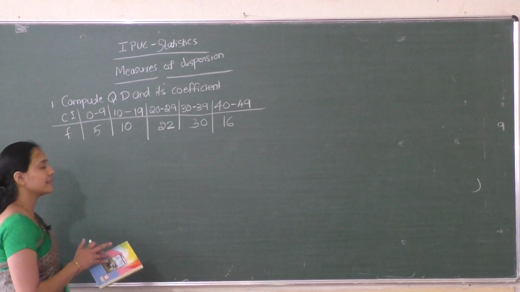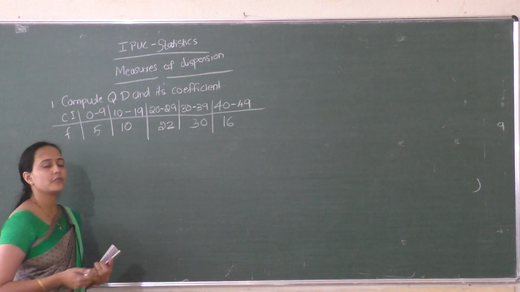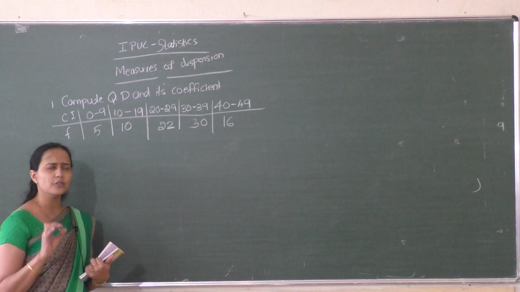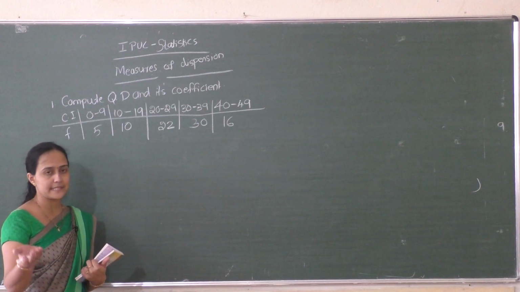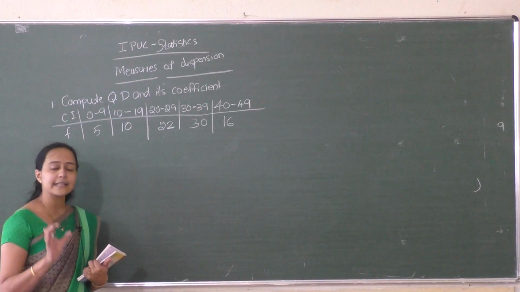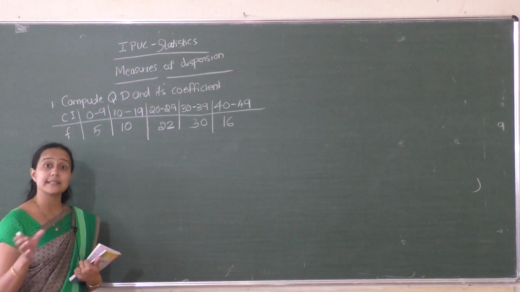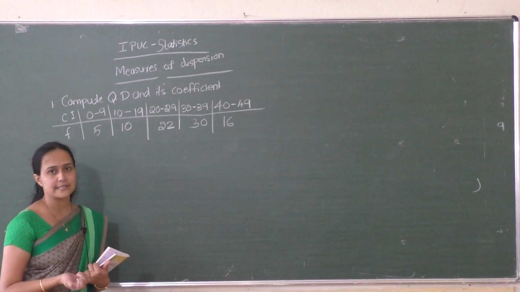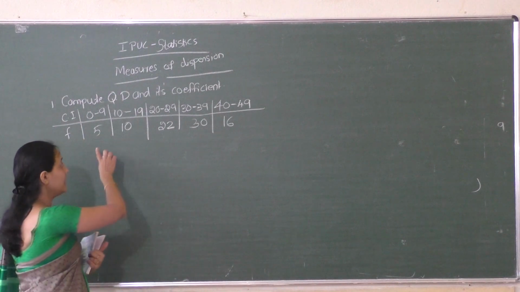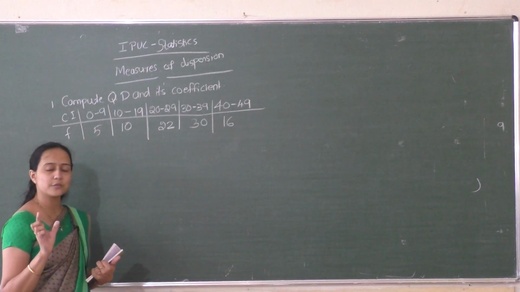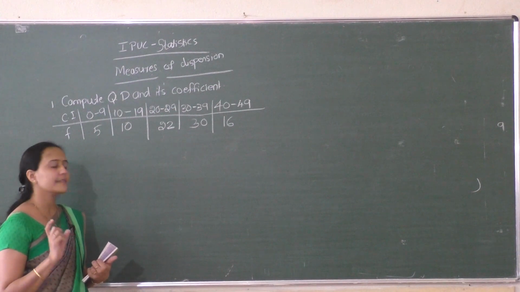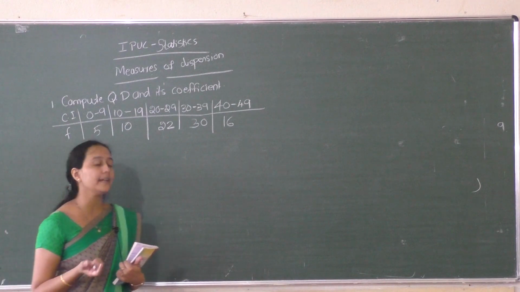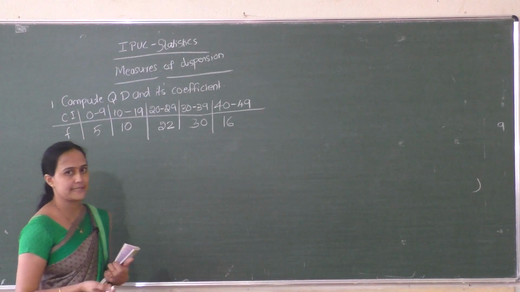First we have to compute the correction factor. Correction factor means the lower limit of a class minus the upper limit of the preceding class, divided by 2. Add the correction factor to the upper limits and subtract it from the lower limits. You will get exclusive class intervals. The frequencies will be the same; there is no difference in the frequencies. For finding Q1 and Q3 we have to find less than cumulative frequencies, isn't it?